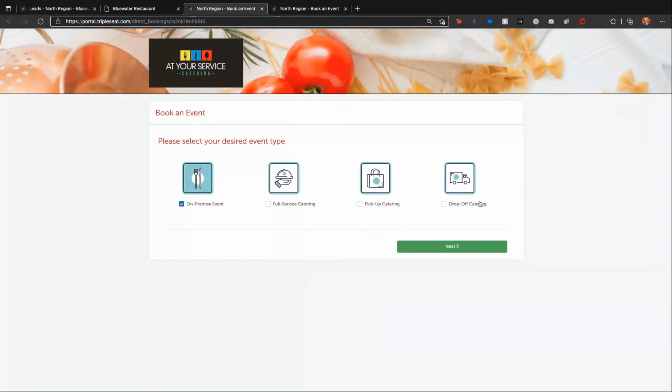The first page allows them to choose their desired event style. You can offer all four, or you could just say, for this form, we're only going to be offering on-premise events. And in that instance, they wouldn't need to make the selection. It would just automatically know that it was for an on-premise event. If you choose full service or drop-off catering, the next page will prompt the customer to type in the address for that off-premise event. If I were to choose pickup catering, I would only need to indicate a time. But if I choose on-premise event,